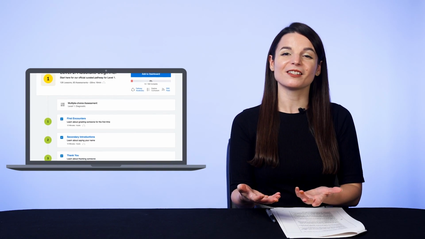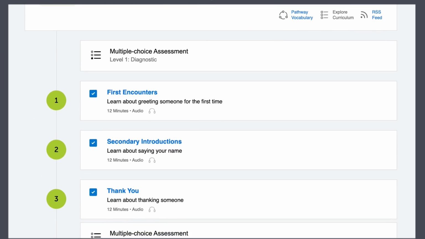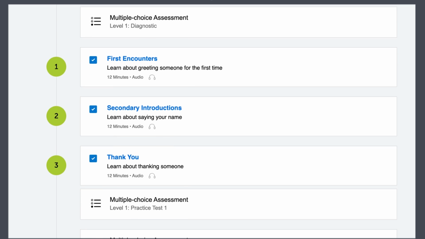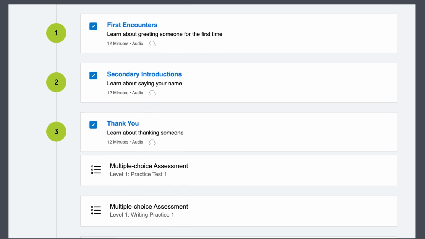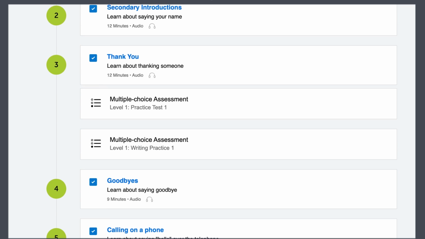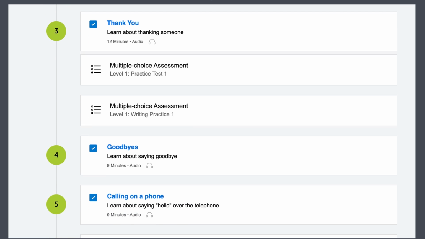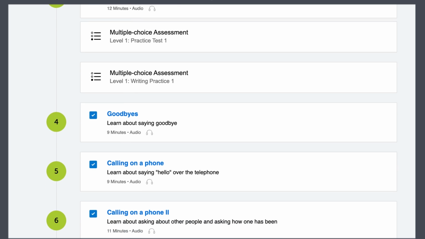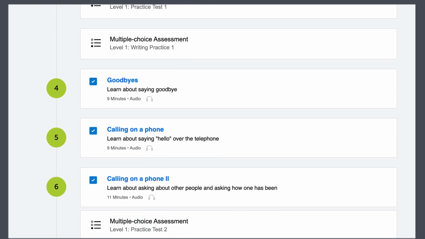With our learning system, we test you regularly with multiple choice and hand-graded assessments inside your learning pathway. These assessments test you on the language you've learned in your last few lessons to make sure you're improving and retaining what you learn, instead of hearing words once and forgetting them later. You can also interact with your Premium Plus teacher, who will correct your language and help you improve faster.